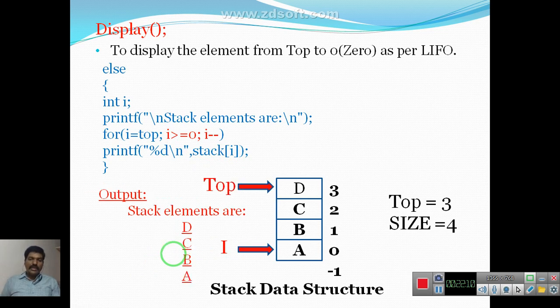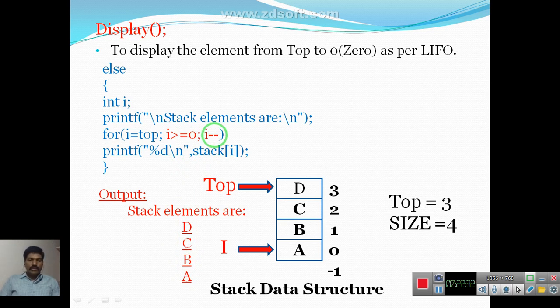Again, we are going to be decrementing the pointer. Now the pointer is 0. I is 0 after decrementing. Then the condition is true. Then we are displaying the A. We are displaying the A in the output. After the condition is true and displaying the A, again